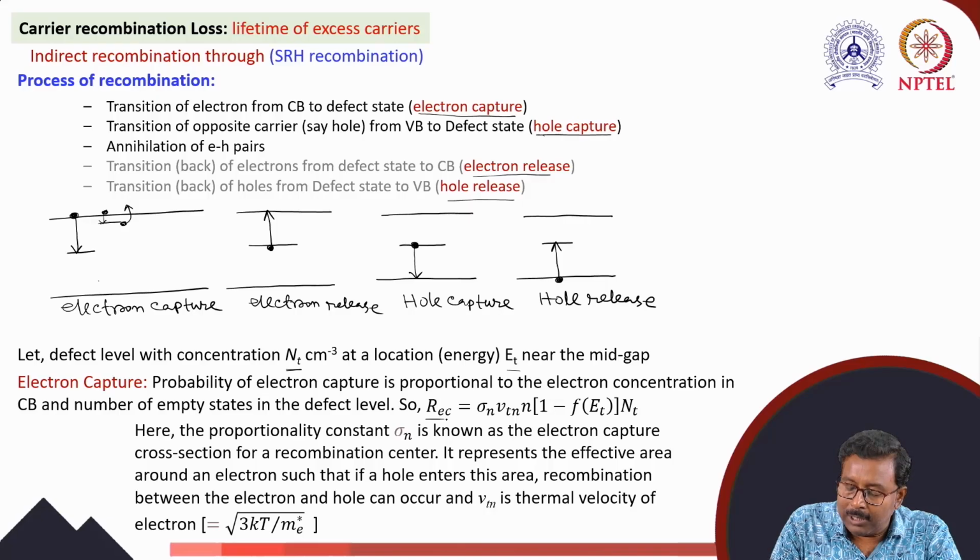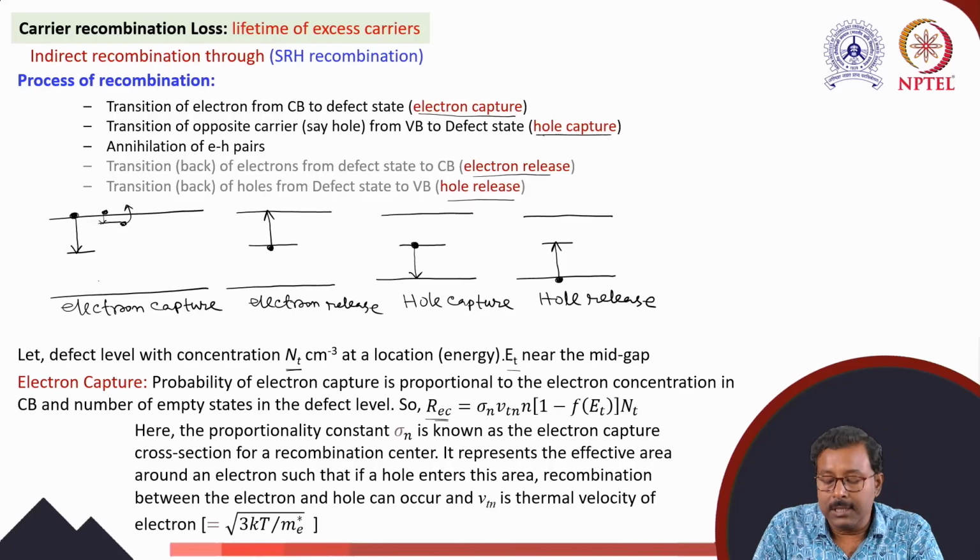Now what is the rate of electron capture? If Nt is the density of states and Et is the position, the rate of electron capture is proportional to two things. One is the carrier density, or electron density, at the conduction band, and also the fact that the trap state should be empty. So the conduction band should be filled, and the trap state should be empty. This is the condition for electron capture. So the electron capture rate can be written as